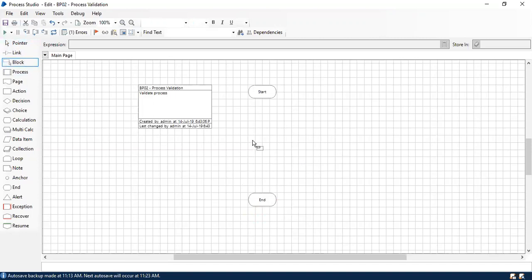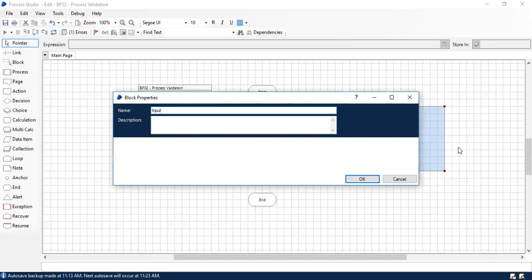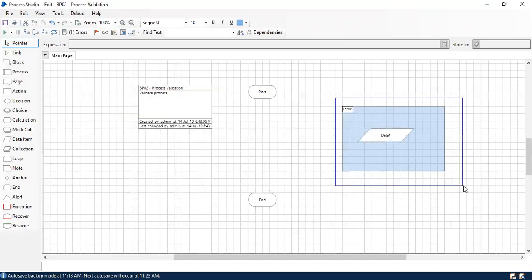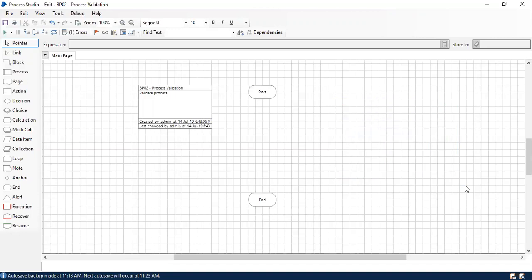And the block is used to highlight or isolate certain stages. You can put any action items or pages or whatever you want. You can isolate it from the normal flow, or you can show it as a different section. For example, login, logout, all these things. If you want to isolate it and show it in a different flow, you can use the block stage. You can even use it for data items, saying this is the input, and if you have output, you can mention that as output, so that you have a proper segregation of what is input and what is output. You can achieve those things with the block stage.